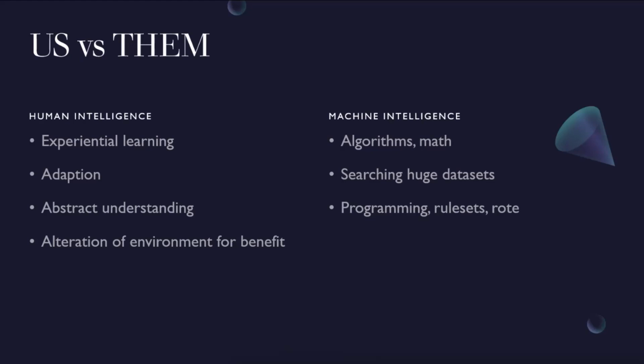But next up, we have the mechanic who is really good at following the manual, right? You have to swap the head gasket on your car. Well, there's a set of steps in a manual that you can follow to do that every single time. And these mechanics are extremely good at it. This is a form of intelligence, the ability to understand rules and follow them very closely as applied to a particular thing that you're doing.